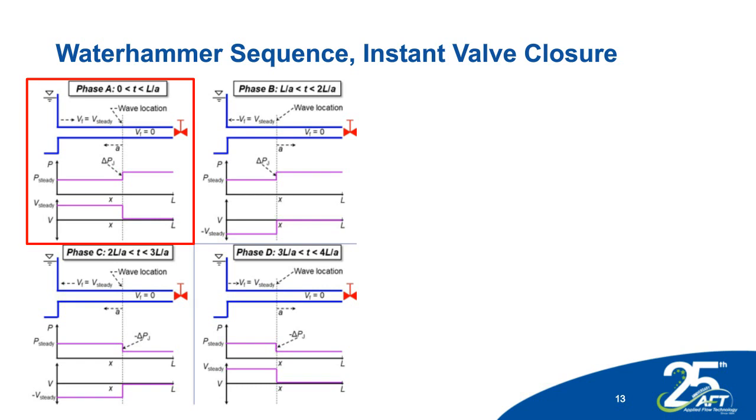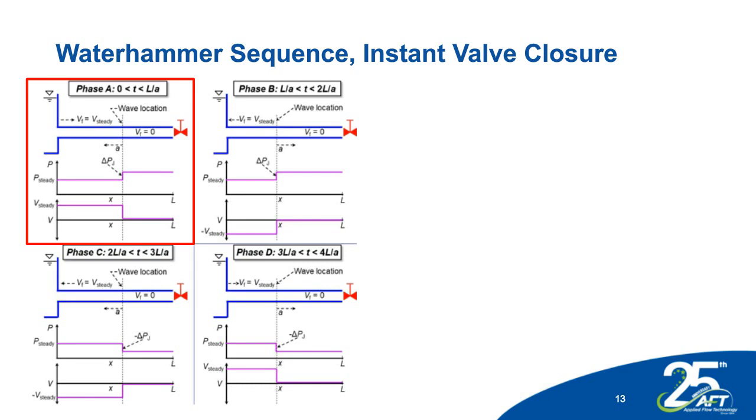What you can see here in this chart is, at the top left, there's a reservoir. And at the right, there's a valve that's closed instantly. And in the middle there, there's a dashed line. That's the location of the wave. It's propagating to the left at a velocity A, which is something like 1,000 meters per second, maybe 3,000 feet per second, pretty fast. To the right of this wave, the velocity has been brought to a stop